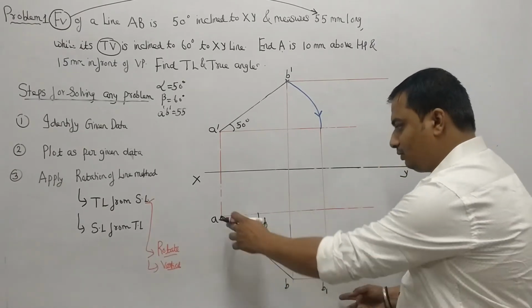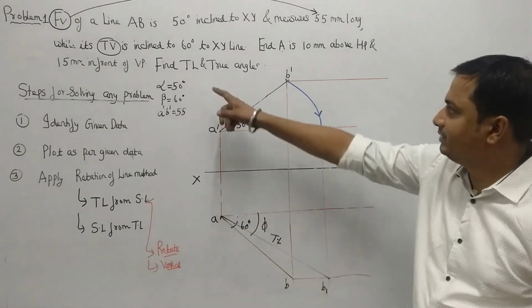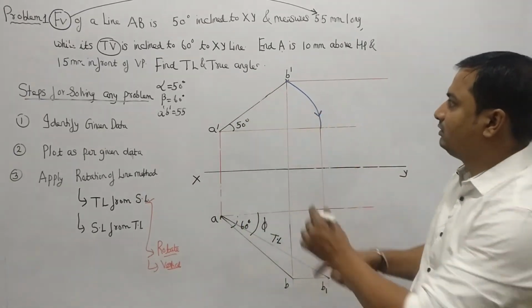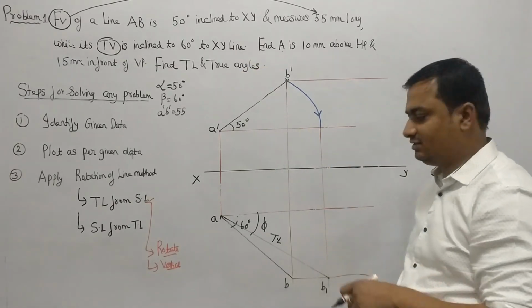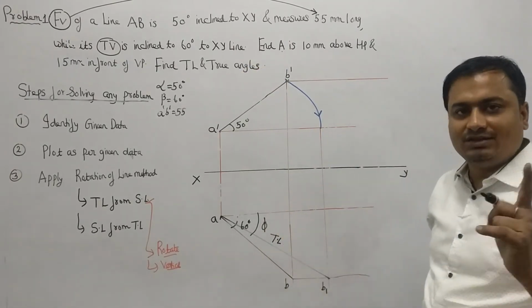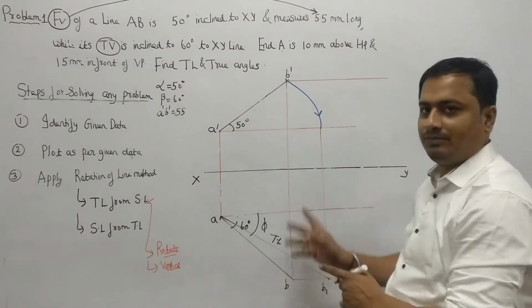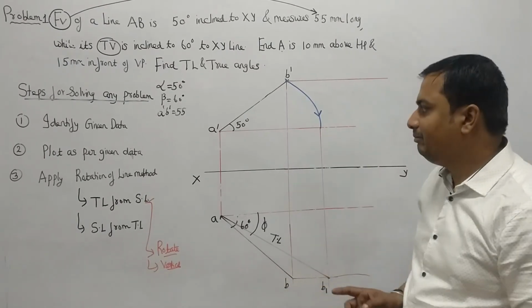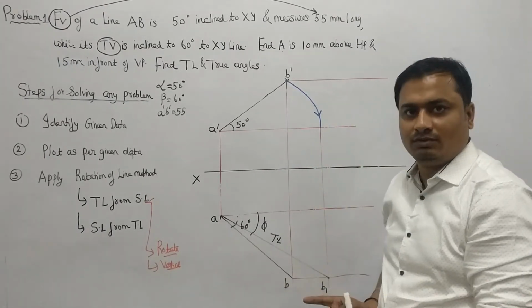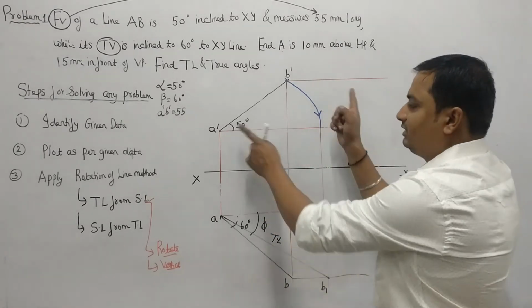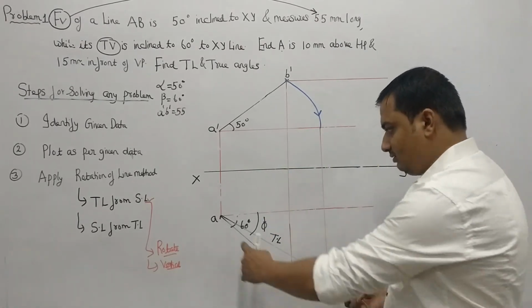So we can measure the true length. We have got our answer, that is the true length. We have got the true angle in the top view only, that is phi. So we can measure phi. But one thing is remaining here, to find theta. So how can we obtain theta? By means of the true length in the front view. To find theta we need the true length here, and we already have the true length. This is my true length.